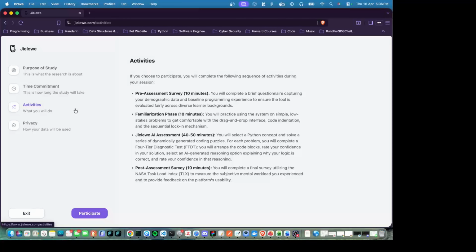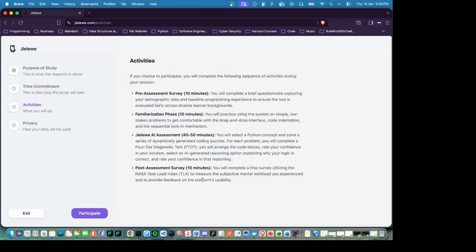This breaks down all the phases and how long each phase takes approximately. We have a phase where you can familiarize yourself with the environment, and then the actual assessment, where you pick a concept and do the assessment through and through.